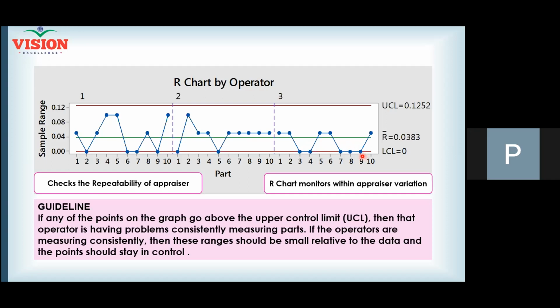Sir, one doubt, sir. In operator 2, the second operator, it's coming in a straight line. Yes. So 1, 2, 3, 4, 5. So can I guess that the measuring instrument, whatever he has used, the least count is not relevant for our process? Yes. Maybe the least count is more. Your point is correct and suspect is correct.